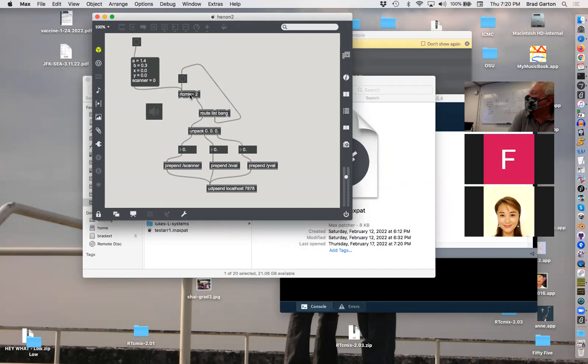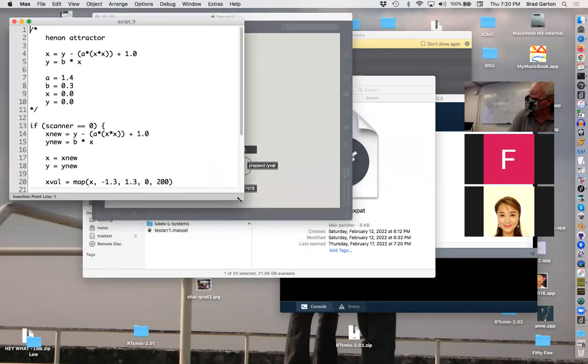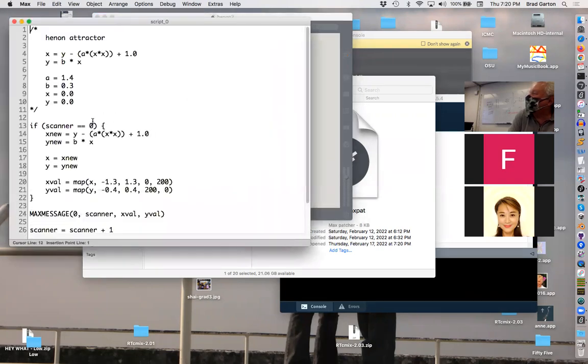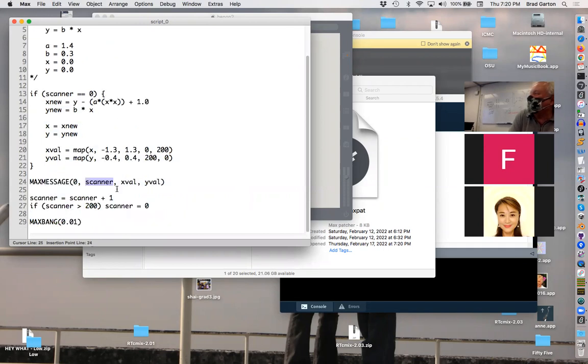Scanner is being set to 0. And if scanner is in fact 0, it does all the stuff to calculate and plot the points. It sends out the points, but it's also sending a third thing, this scanner, okay? I'm going to add 1 to the scanner each time, and when it gets greater than 200, remember I said the thing was 200 along the x-axis? When it gets greater than 200, it'll set it back to 0, okay? So these points are going to then be plotted, and this scanner, what are we going to do in